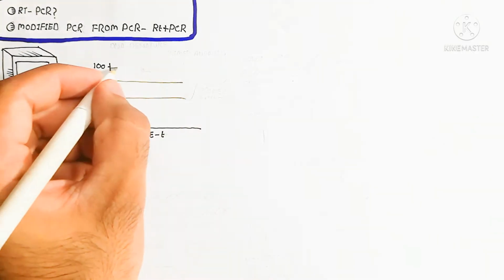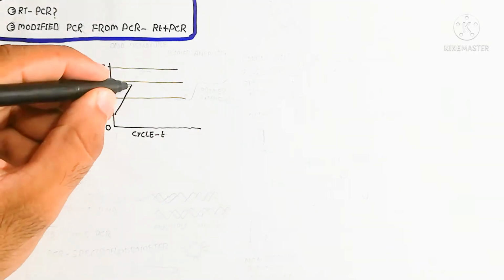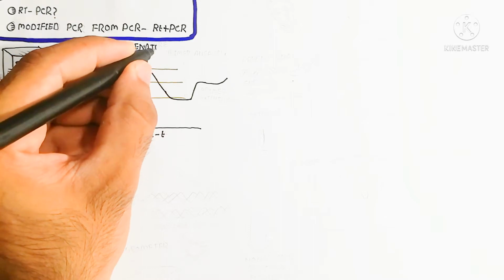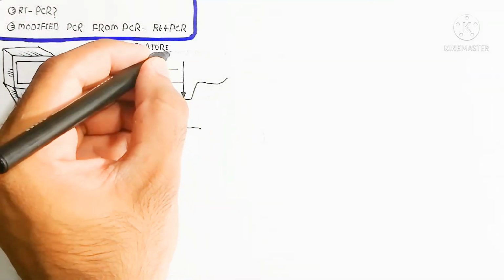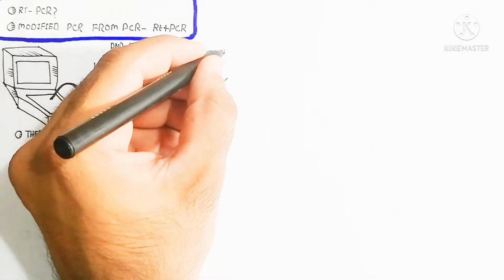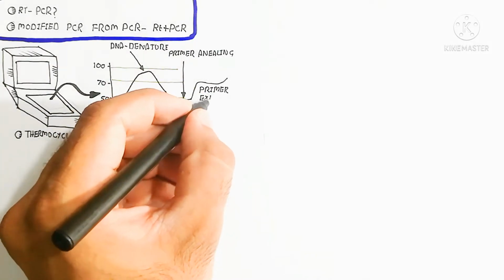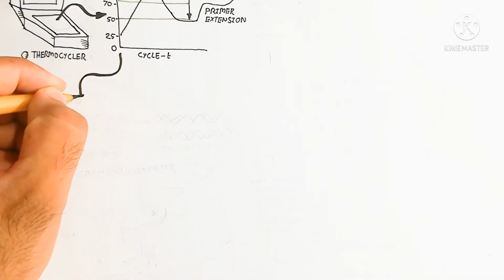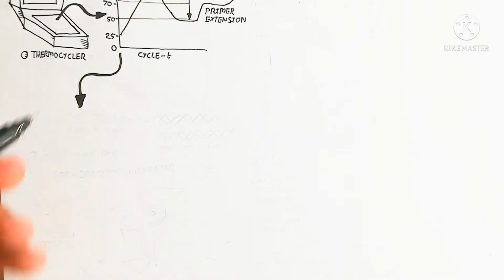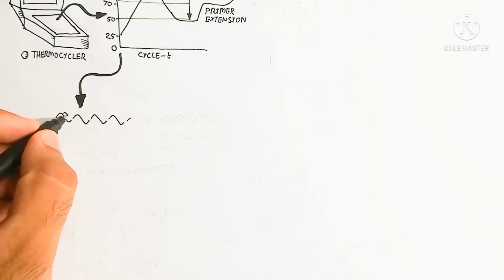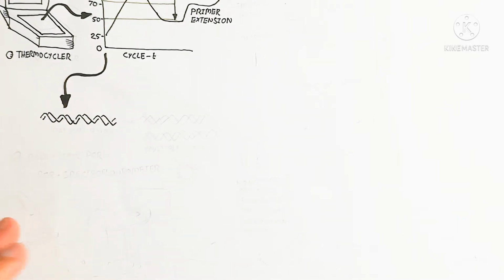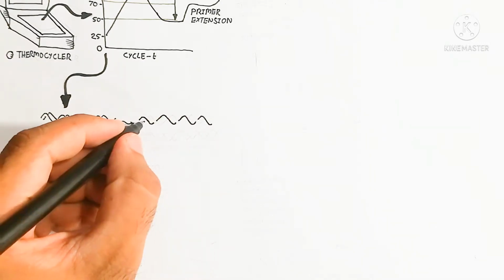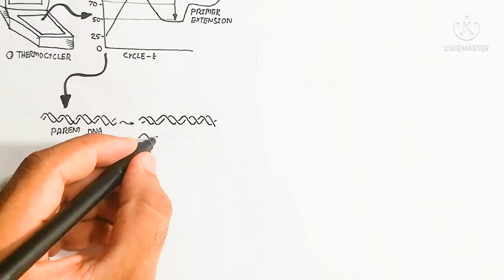For example, here is a graph showing DNA denaturation at 72 degrees Celsius, then it goes higher, and again down to 52 degrees Celsius for primer annealing, and the primer will bind with the DNA after the denaturation. Then the temperature increases again, basically to 72, which is primer extension. Basically 95 is the DNA denaturation. So here is the parental DNA which is amplified into multiple copies. For example, each cycle produces a duplication.